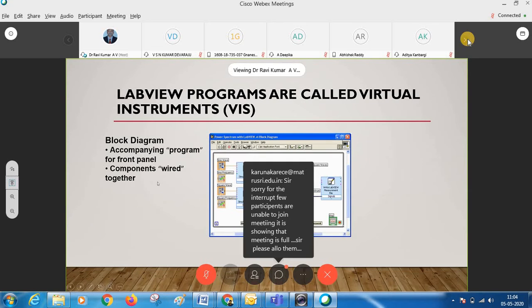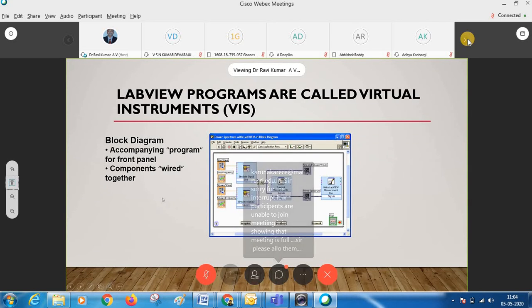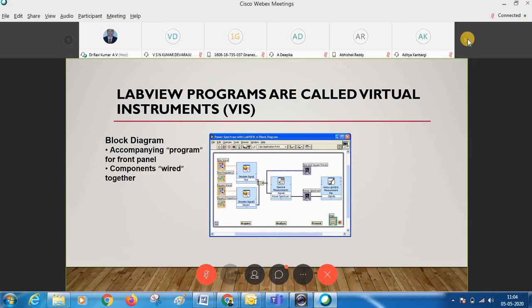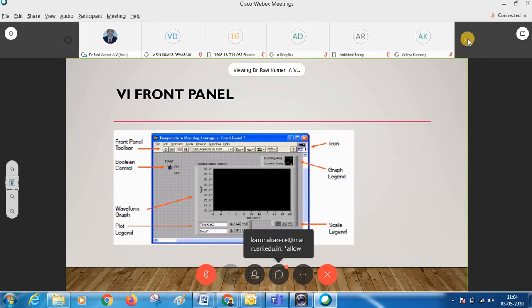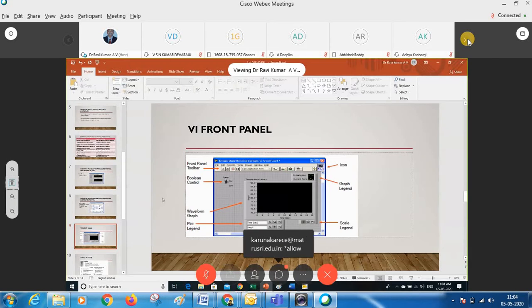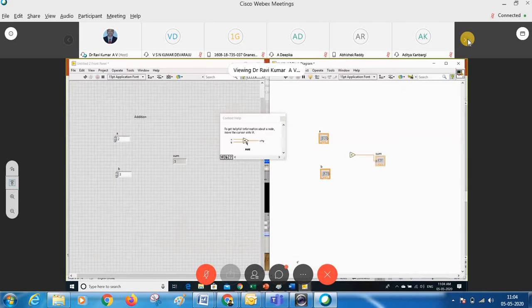Remember? In the block diagram, we find enormous functions, and all the functions are wired together to implement your application. Let me start explaining with the programming itself.